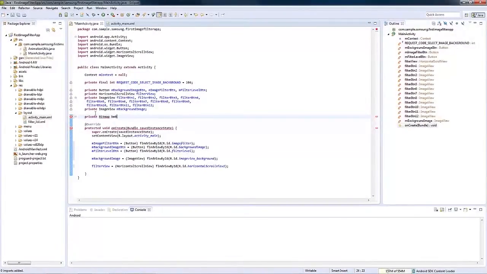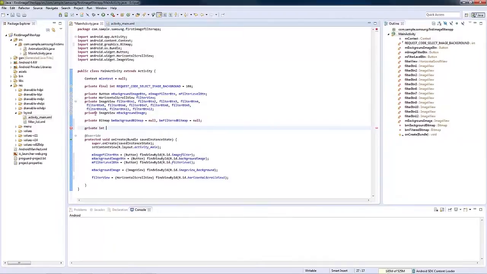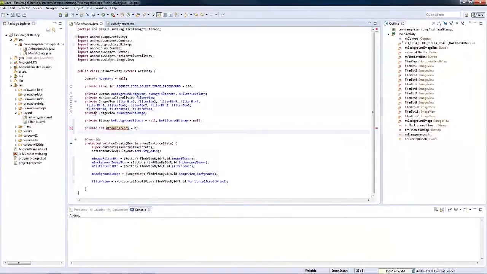We also have bitmaps for the original and filtered images, and an integer to denote the initial image transparency.